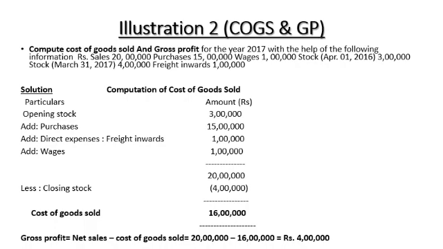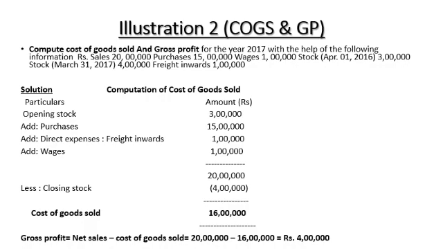Then you have to calculate the cost of goods sold with the help of the rest of the items. First is the opening stock, then purchase minus returns. All the direct expenses will be added here and then the closing stock is deducted. Here the opening stock is given as 3 lakh. Purchase is given. Returns are not there, so it will be assumed to be net.